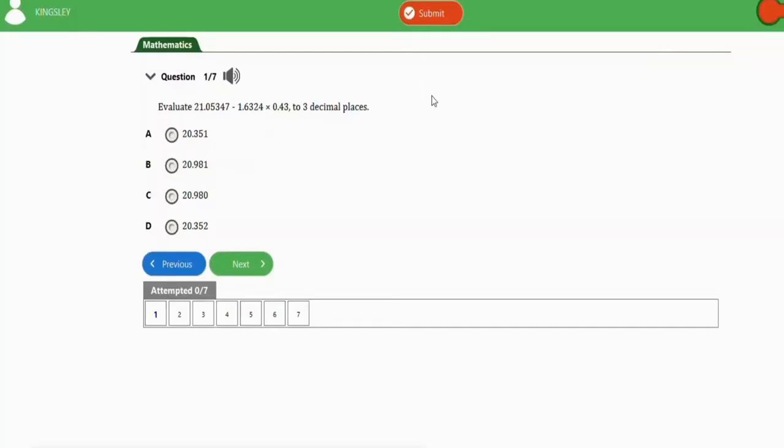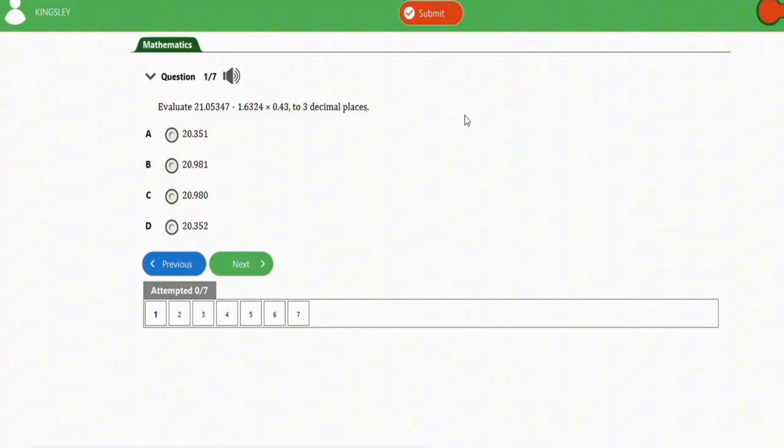In this video, we're going to learn how to solve this JAMB Maths question under decimal values. After going through this video, I guarantee you guys that you'll be able to basically deal with problems involving decimal places for your JAMB Maths. So let's get started. Question one says evaluate this value minus this value times this